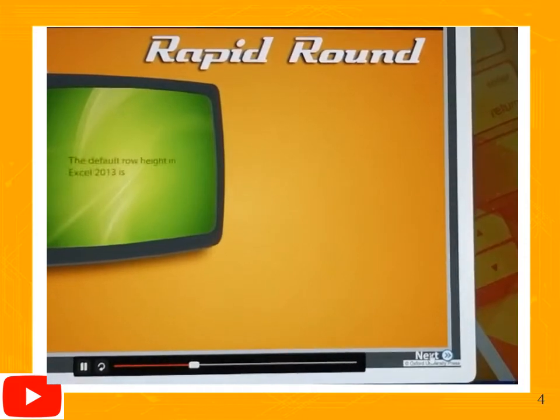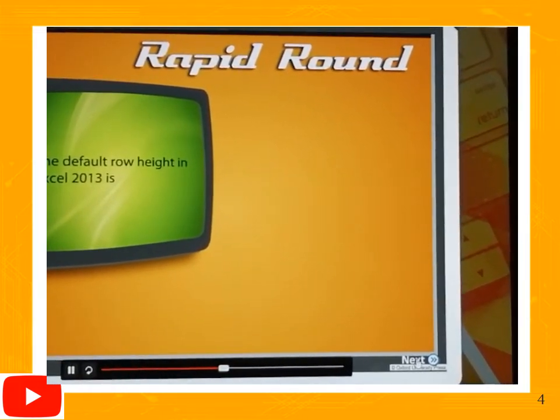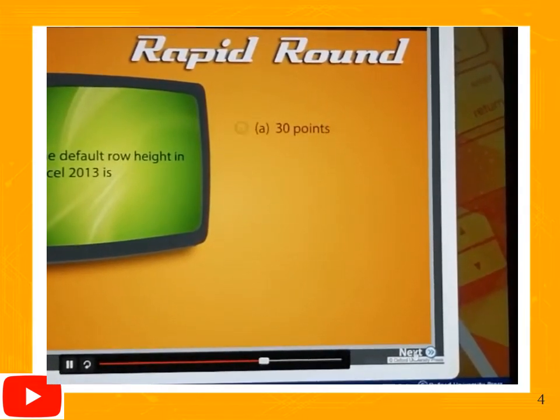Before we move on, let's answer this question. The default row height in Excel 2013 is